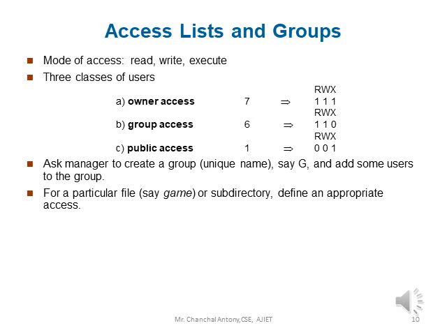To condense the length of the access control list, many systems recognize three classifications of users in connection with each file. First is the owner, the user who created the file. Next we have a group: a set of users who are sharing the file and need similar access is a group or work group. And universe, also called the public: all the users in the system constitute the universe or public.